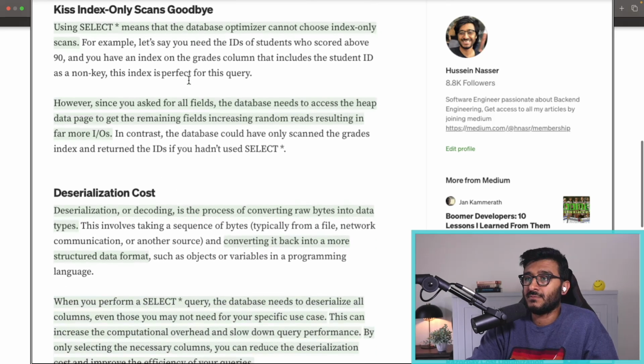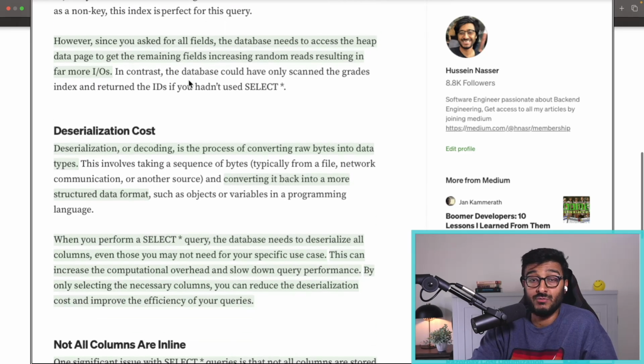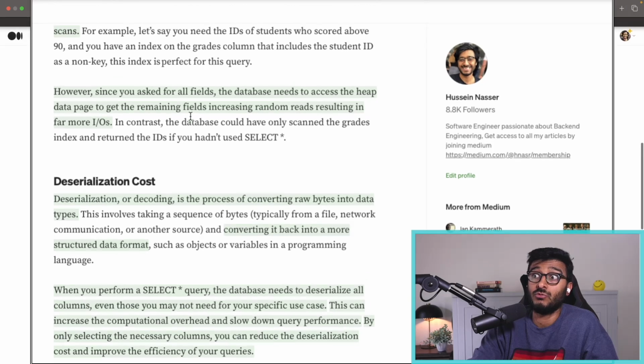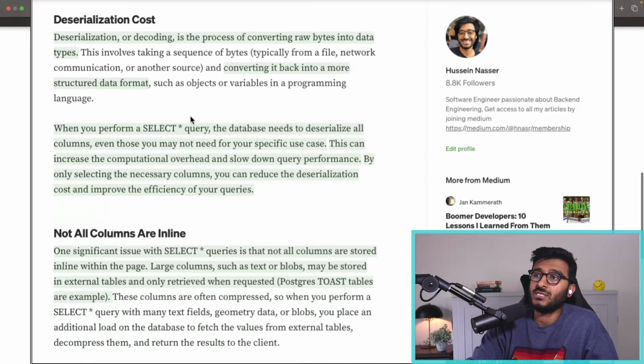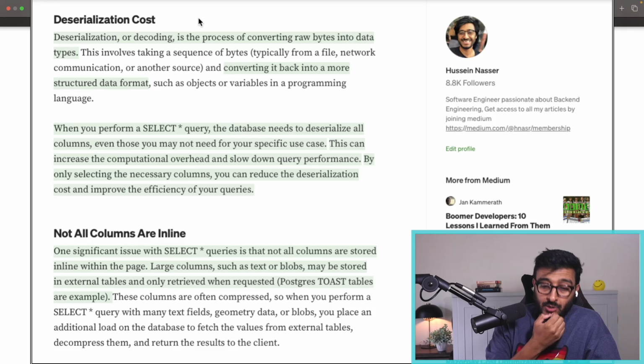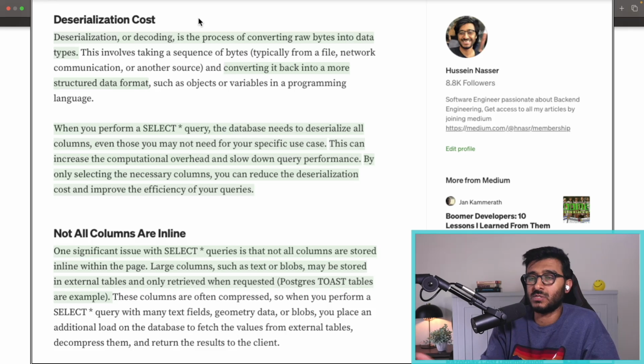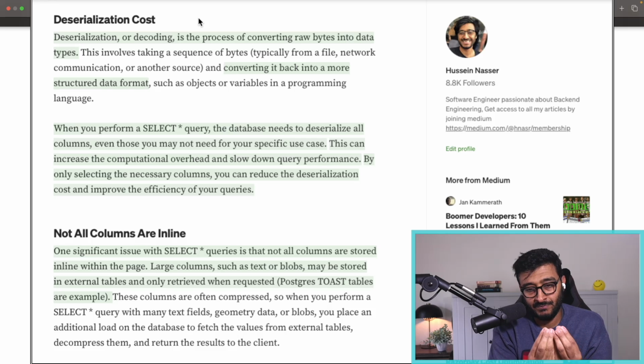All right. You might say, okay, I don't care. The random reads affecting from this is really bad. Okay, let's talk about deserialization cost. Correct. When you select star, the columns live in the page with the row. But getting them out and into the protocol that will eventually be delivered to the app